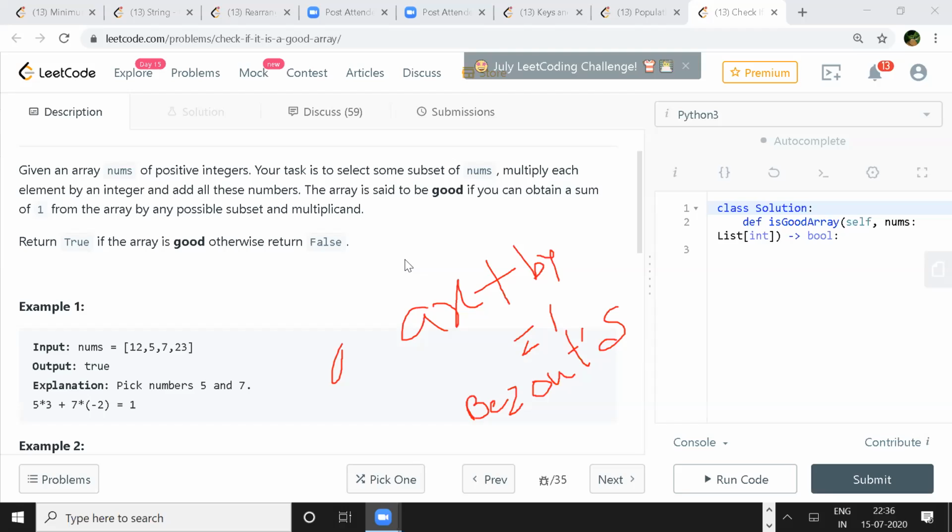So what Rajat is saying is that if the GCD is 1, then they would satisfy this solution, right? Yes, right. To check that, if the GCD is 1, we can do another thing: if the LCM is equal to the product, because HCF into LCM is equal to A into B, the multiplication of both of them.